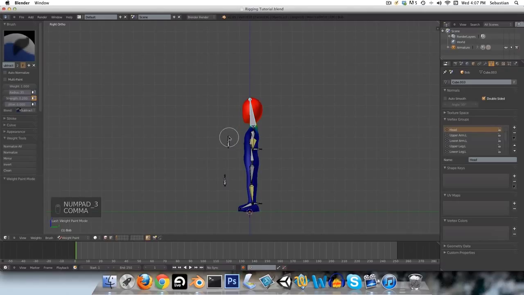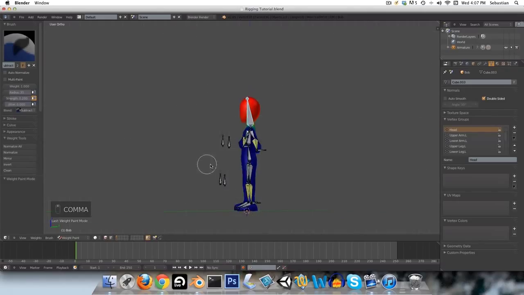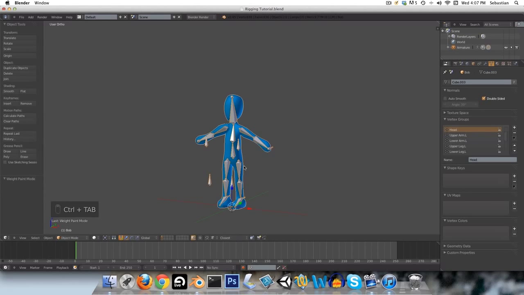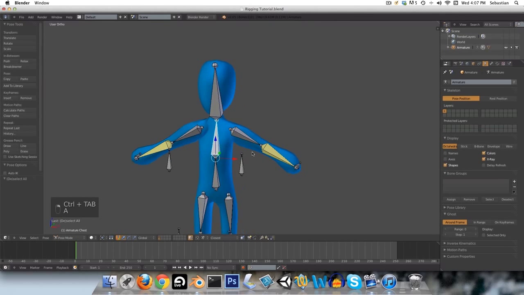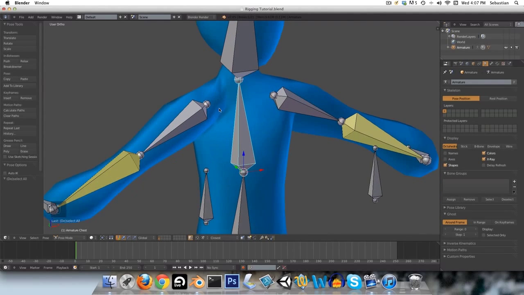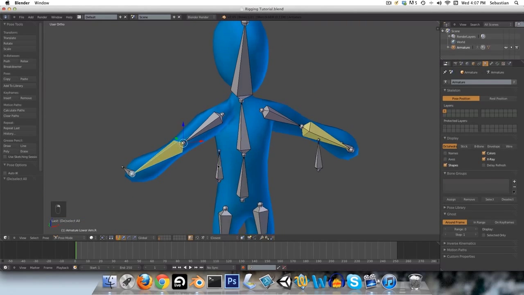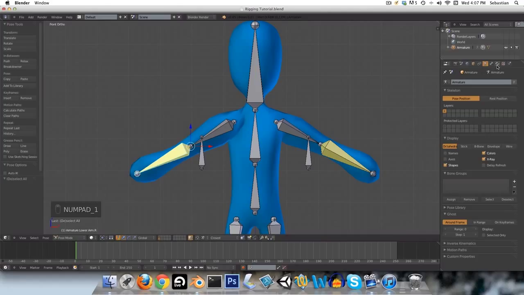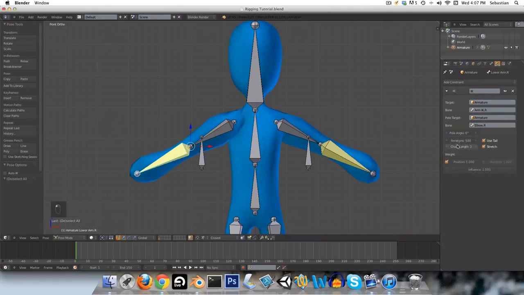Okay, I'm just going to press comma so that I'm no longer rotating around the cursor, and I'm just going to go back out to the armature. Now, as you can see, we have got some crazy twisting going on with this arm. So all we have to do is just go into the bone constraints, and we can adjust this pole angle just like we did the